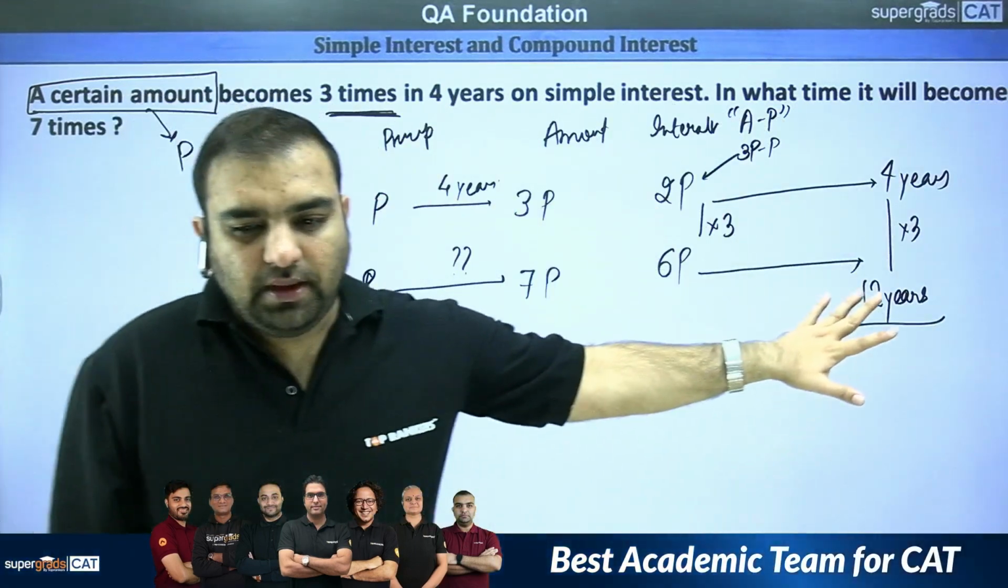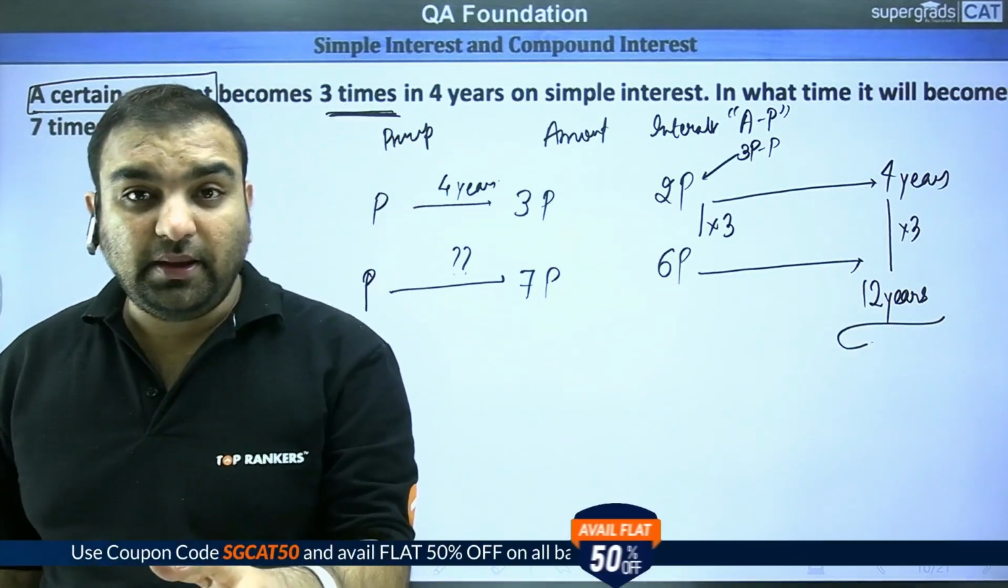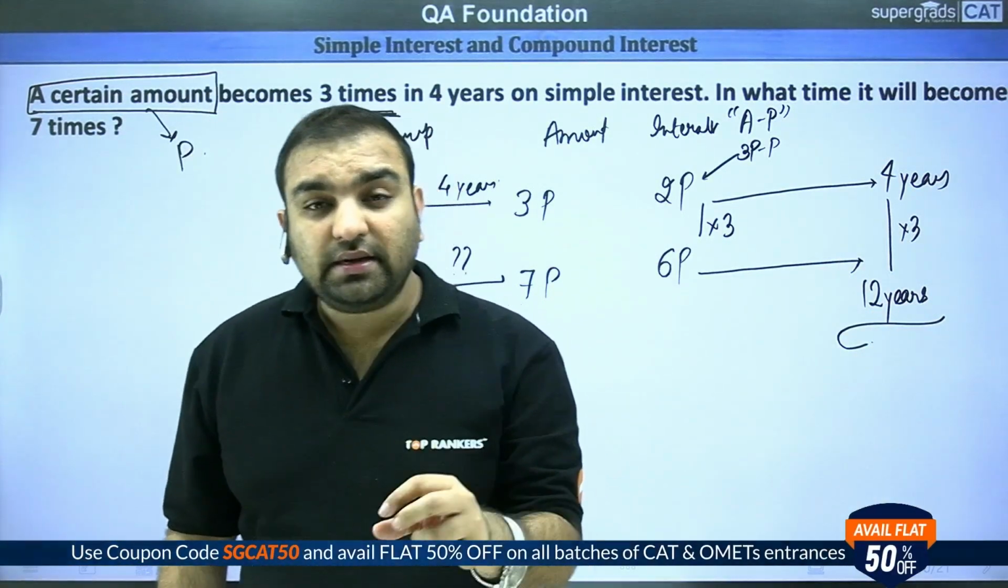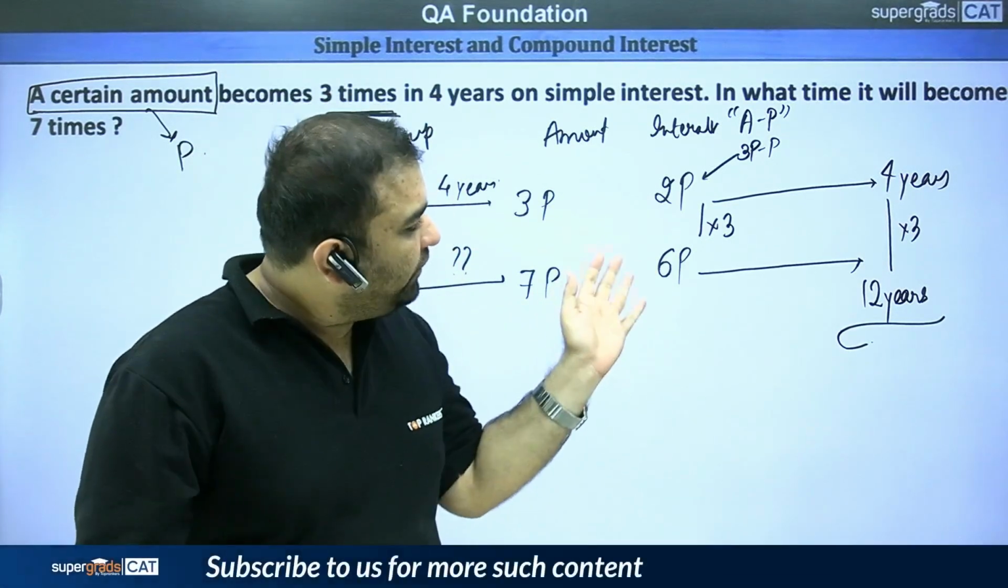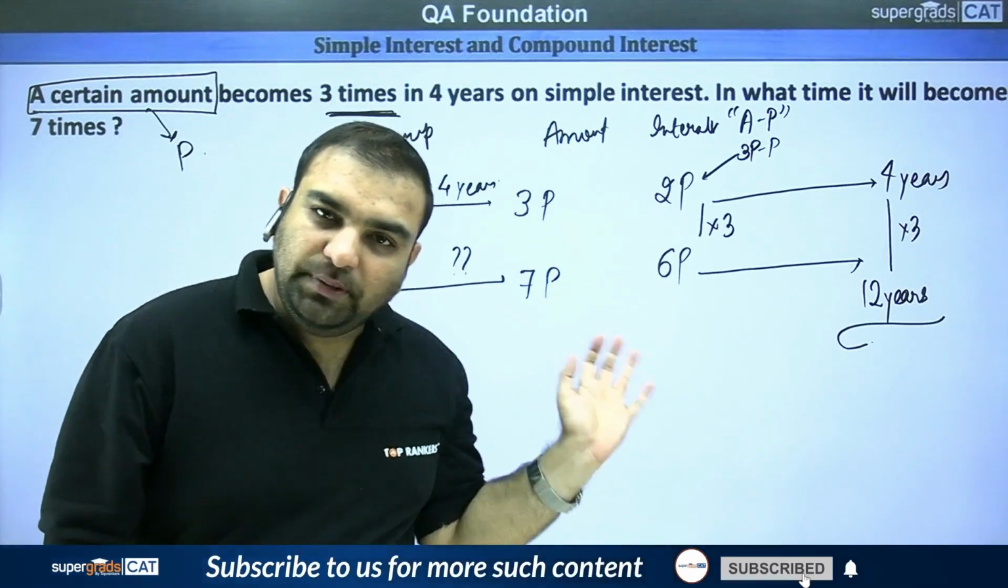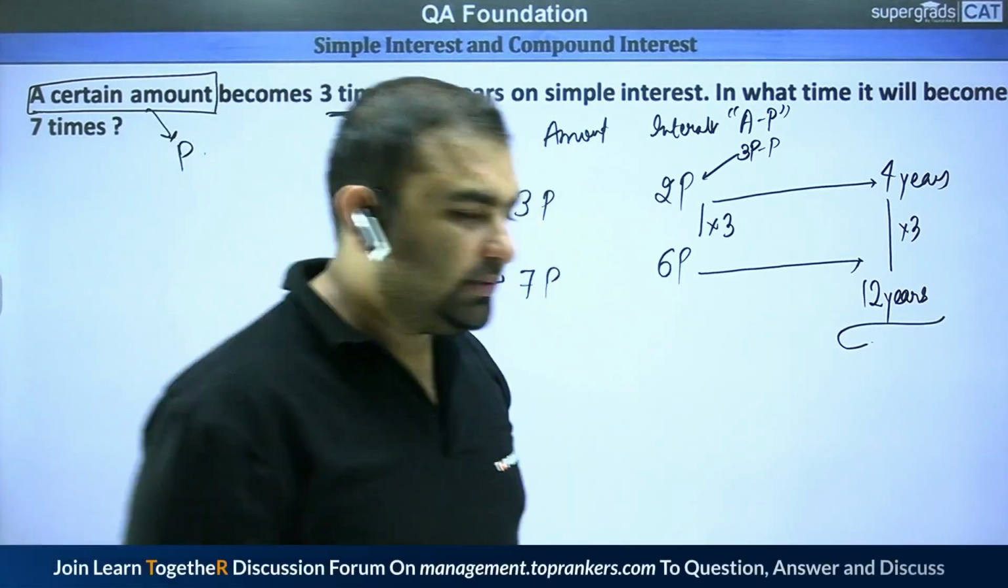What is the concept behind यूनिटरी मेथड? क्यों लगा पाए यूनिटरी मेथड? इसलिए लगा पाए बिकॉज सिंपल इंटरेस्ट हर साल बराबर होता है। तो अगर 2p में 4 साल लग रहे हैं तो 4p में 8 साल और 6p में 12 साल। डायरेक्ट मल्टीप्लीकेशन, डायरेक्ट यूनिटरी मेथड लगा सकते हैं। चलो फटाफट